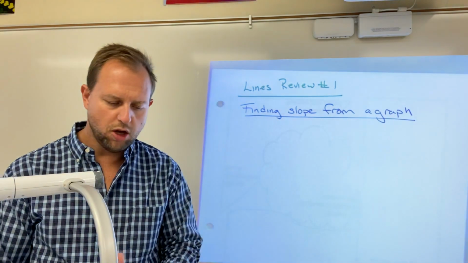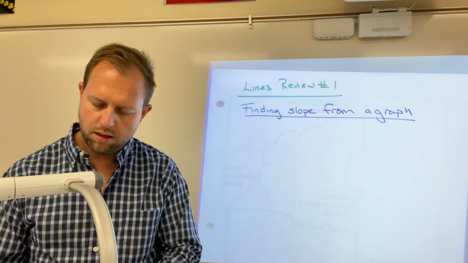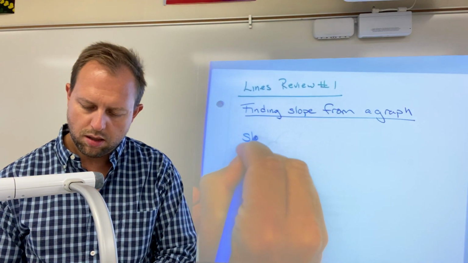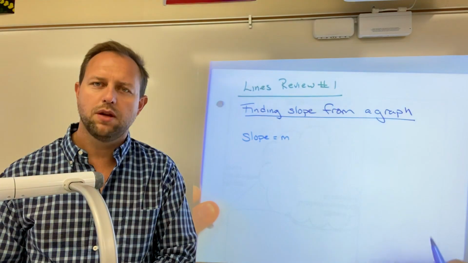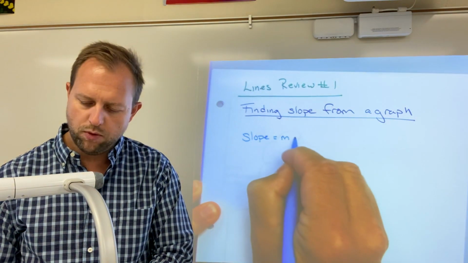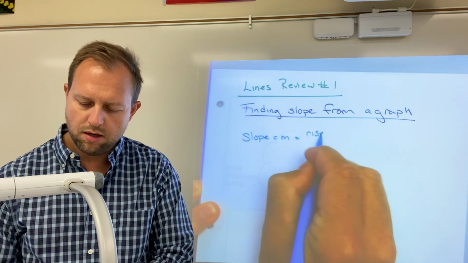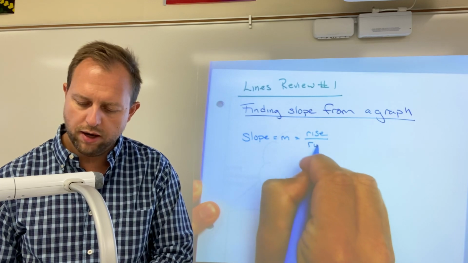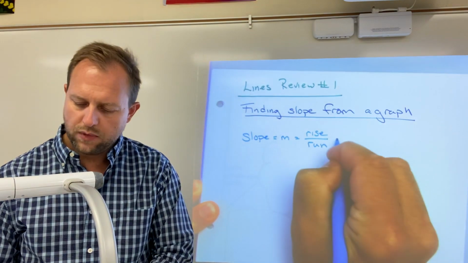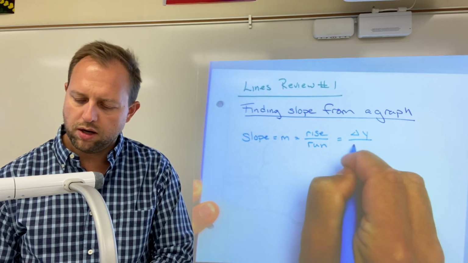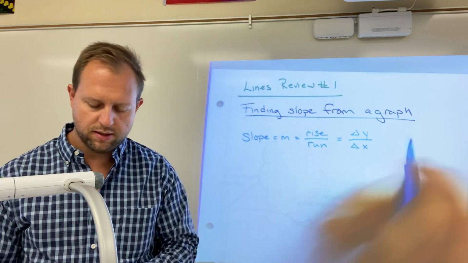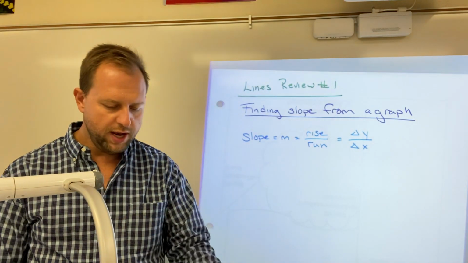Remember that the slope of a line, we use the letter M to represent slope, and that slope was equal to the rise over the run, or the change in y over the change in x. So if we look at an example,